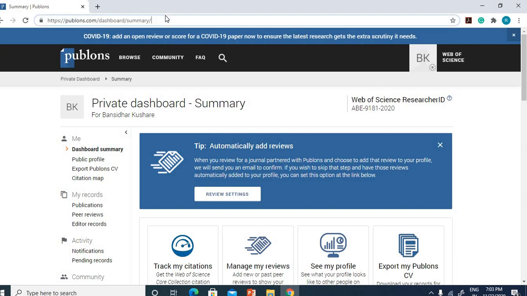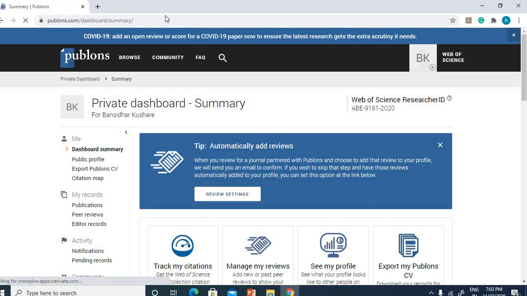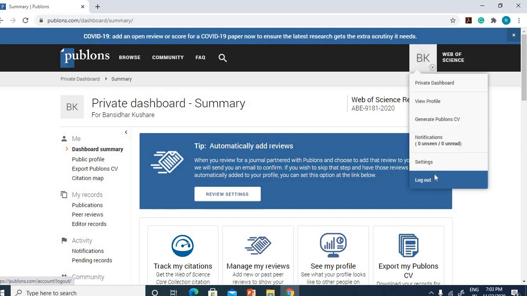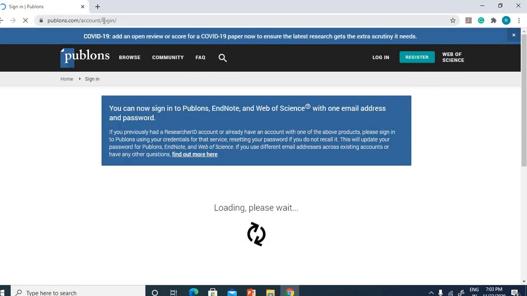Let me go to the first page rather than opening any other author's summary. Okay, just one moment, it was open for one author. So I'll be going to the first page. Now you can see here the publons.com account login.